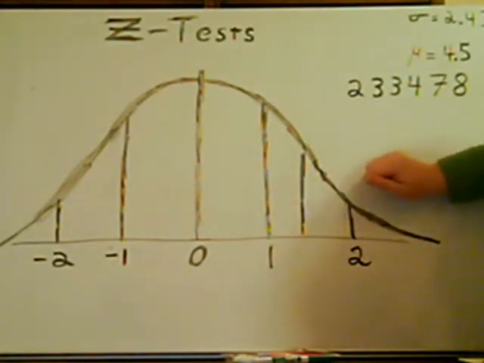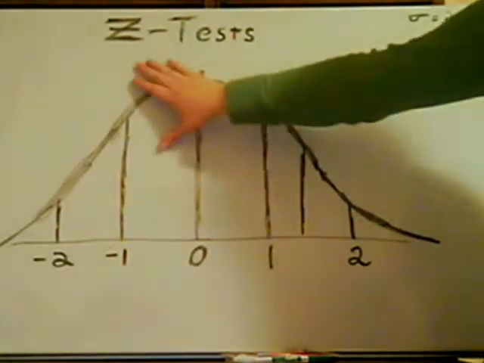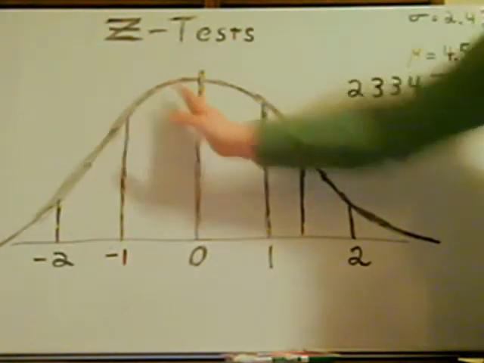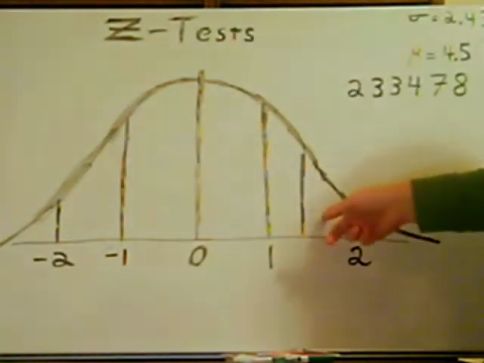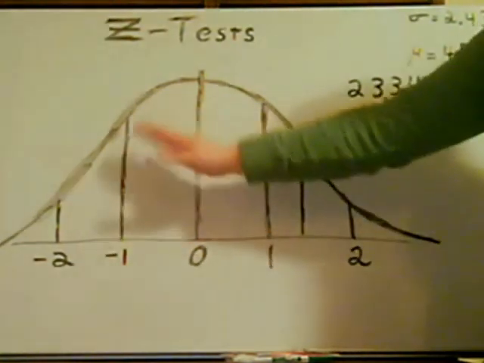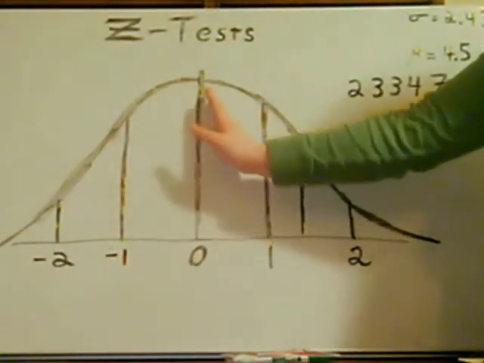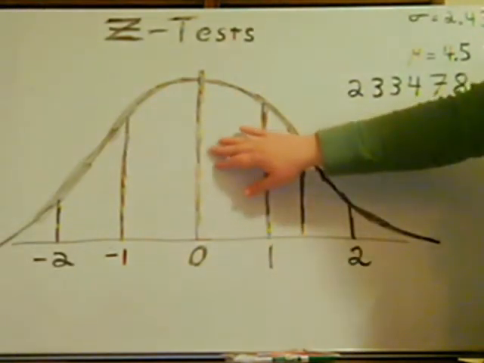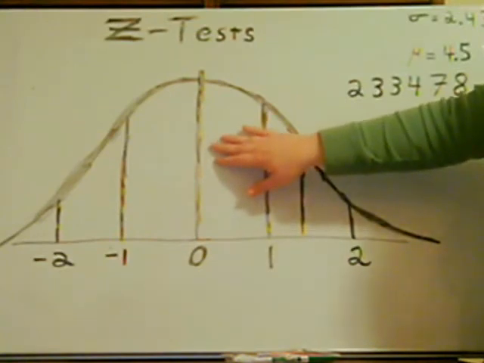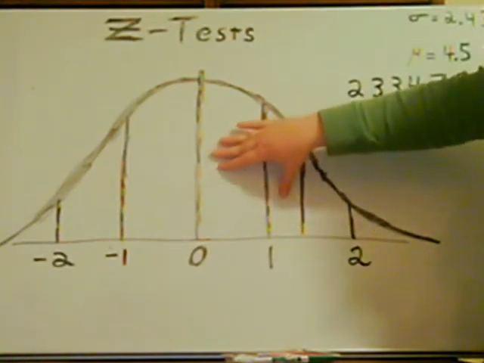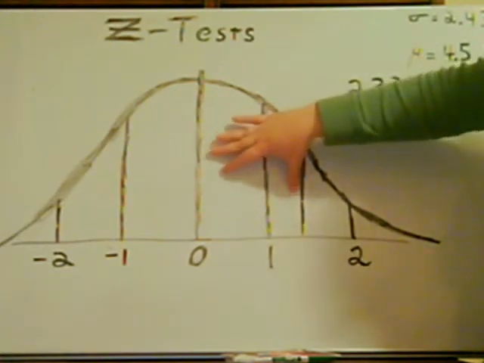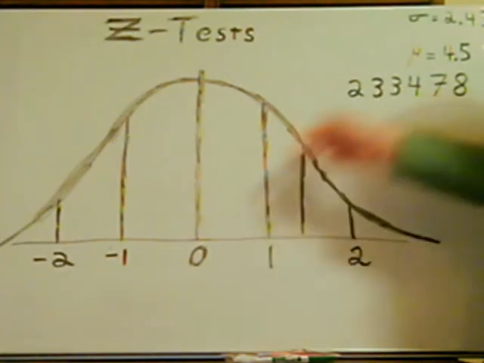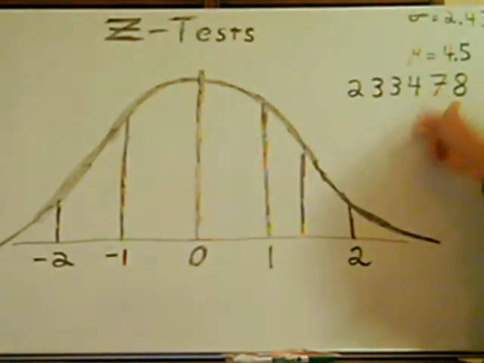From here we can do percentiles. We know that this side has to be 0.5 of all data, or 50%. So we already know that a score of 8 is over the 50th percentile. Now we just got to figure out what's left of the percentile over here. And we just found out from the table that 42.51% is going to be in between the mean and here. So to find out the percentile of our z-score of 1.44, which translates back to an original score of 8,